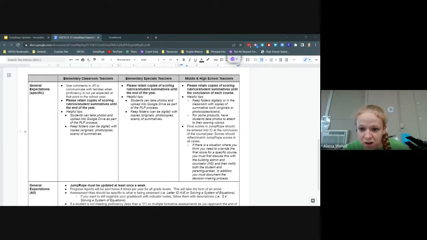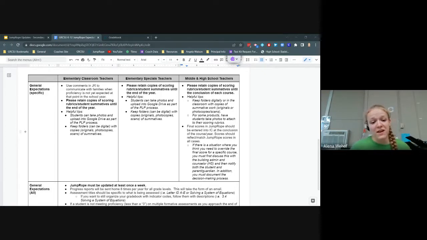Need to keep copies of paper assignments or take pictures. What's the purpose of this? So it's not every single thing. It's just summative assessments. And there's two parts of it. One is so that students have the copies on hand to use as evidence in their PLPs. We know students don't always have good systems to keep track of stuff. So this is kind of an extra fallback for that.